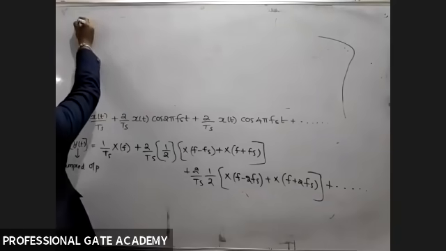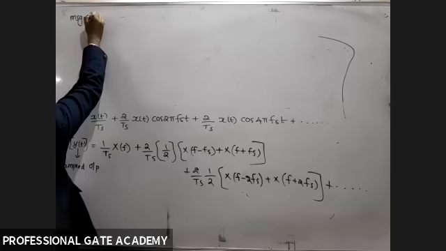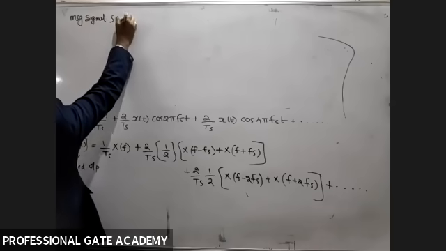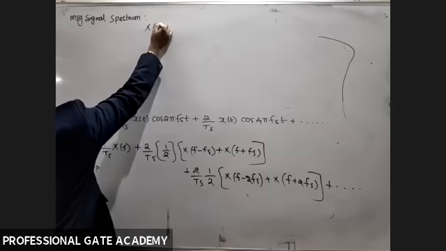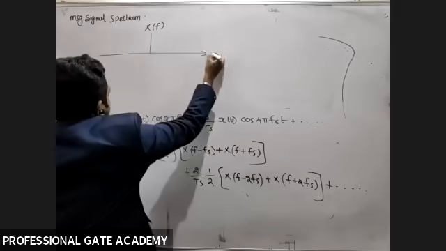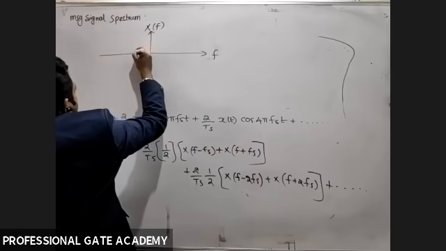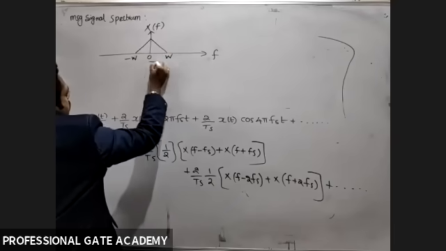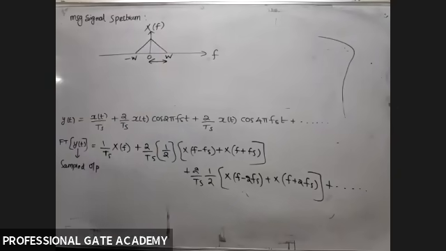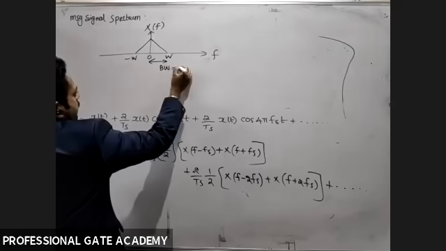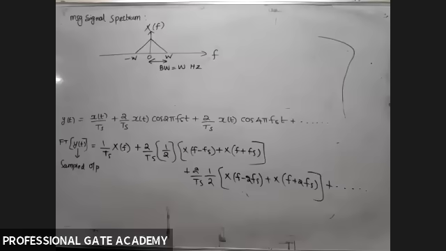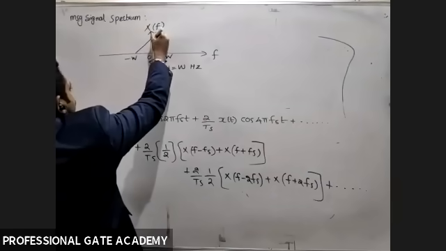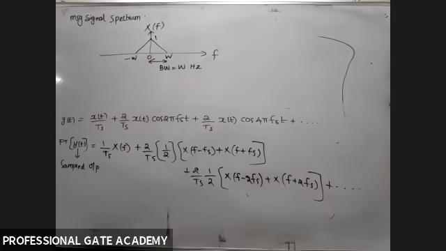Yes, now the message signal spectrum, that is capital X of f. So already we assumed that this is 0, W, minus W. So what is the bandwidth of the message signal? Students, what is the bandwidth of the message signal? Bandwidth equal to W hertz. Here, whatever you can assume, if you need, assume 1, or you can assume 1 also.